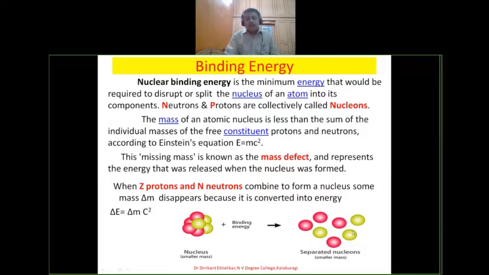So if you weigh them separately, the mass is different from when you weigh them as a whole. Therefore the real mass and the assumed mass are different, and we have seen that the difference between real mass and assumed mass is the mass defect. And why is mass lost in keeping the nucleons of a nucleus together? Some energy is required